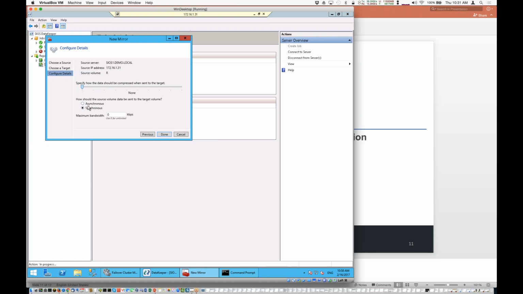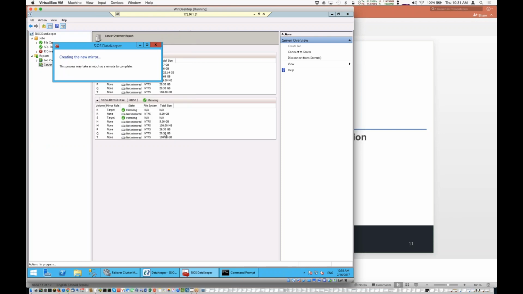You can really change all of these after the fact. We've got compression features, we've got throttling features. You typically aren't going to be turning on compression or throttling unless you're doing a geocluster config. If these are all within the same region, you're typically going to leave compression and throttling off and go with synchronous here. So after I've gone through this wizard, I click Done, and it's going to go ahead and